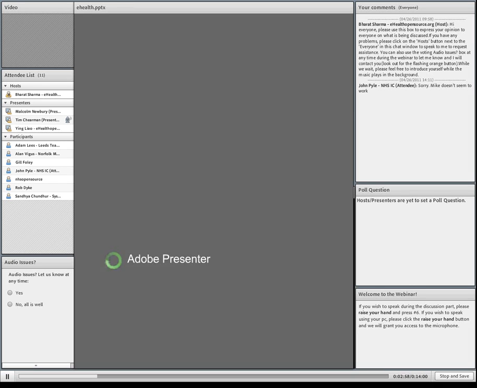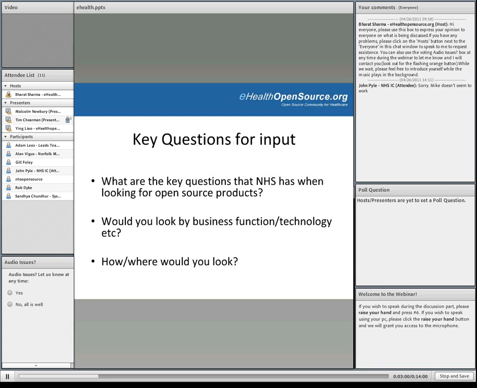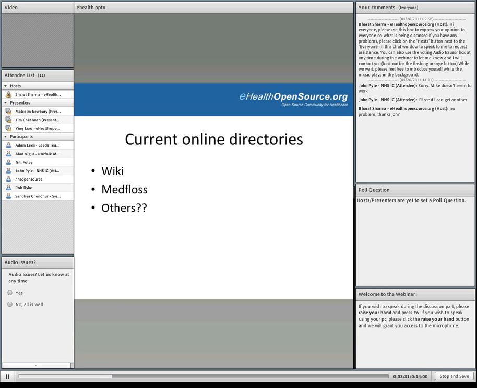Looking at this, there's quite a number of different ways of thinking about how to access open source. One aspect is you could look at the open source offerings from a point of view of business function, or you could approach it from technology, or you could be very much focused on open standards and making sure that the available technology fits certain standards that you're looking to implement strategically in your organisation. But that gives you a thought: where would I actually look and how would I actually find these products? Looking at current online directories,